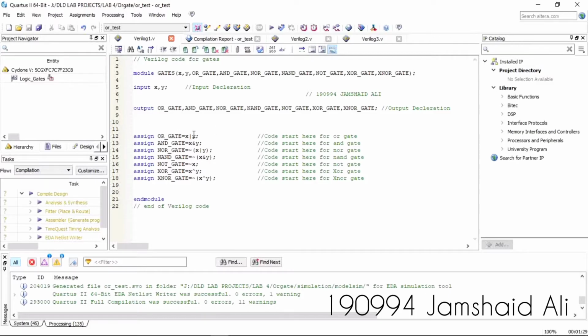So you can see here I used this bar. This bar indicates the summation sign of our OR gate in Verilog HDL language, and this sign indicates the expression of our product. In the NOR gate, this sign indicates NOT, and in the NAND gate this sign also indicates NOT, and in the NOT gate we have just one variable. So by assigning all of our gates, at last we end the module. Here the function ends. So now we have to check it by running our circuit.